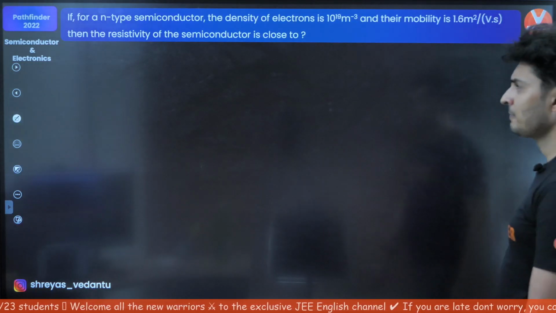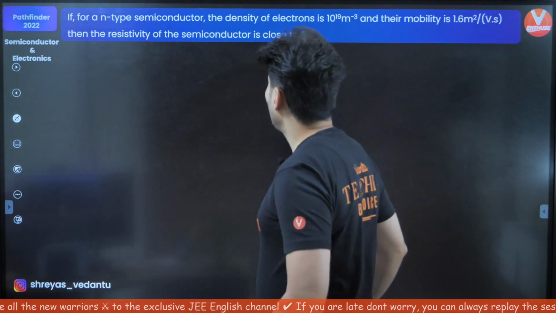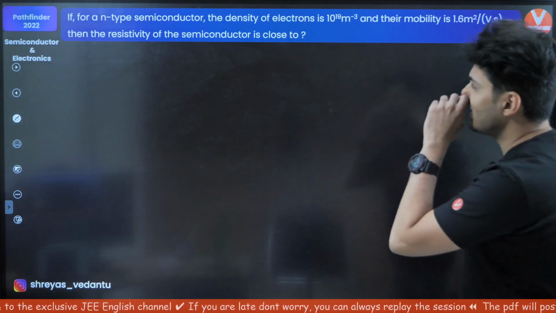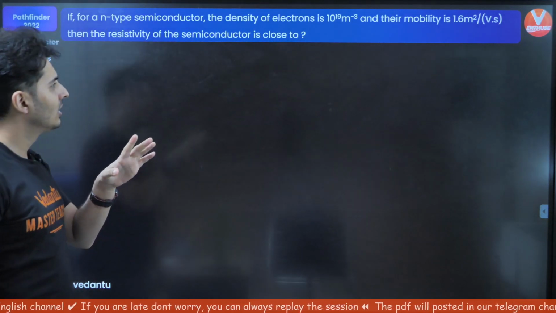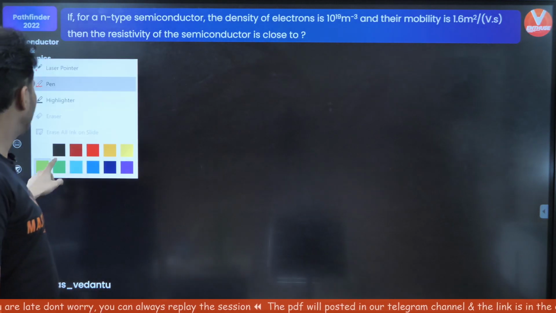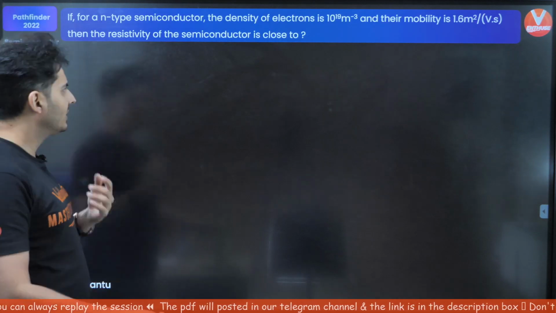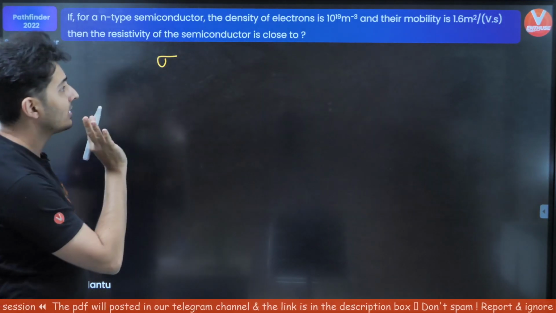Next question. There is an N type of semiconductor. The density of the electrons is this much and their mobility is this much. Then the resistivity of the semiconductor is close to. Let's see, resistivity has been asked, mobility is given, and concentration is given. Is there a formula relating all these three things? I think so. Sigma is, for an N-type semiconductor,